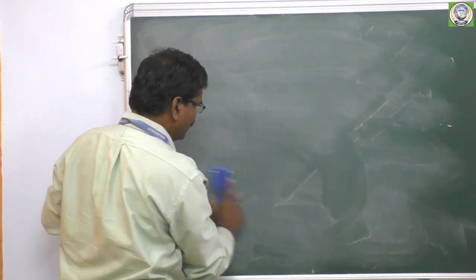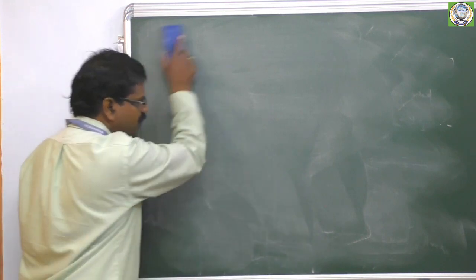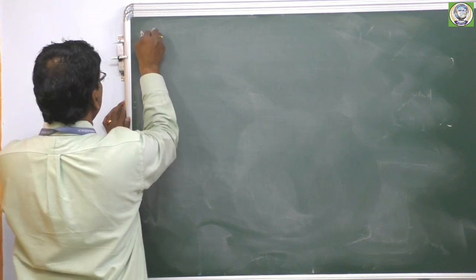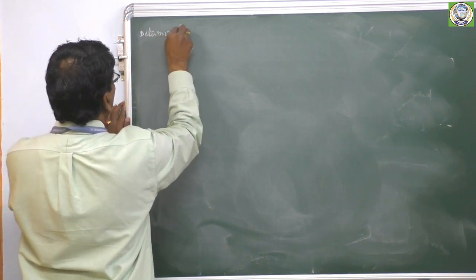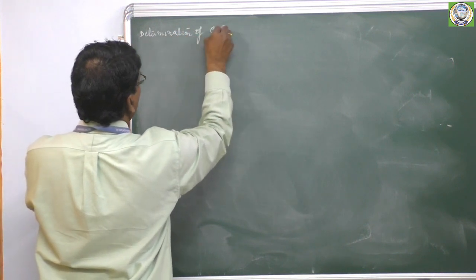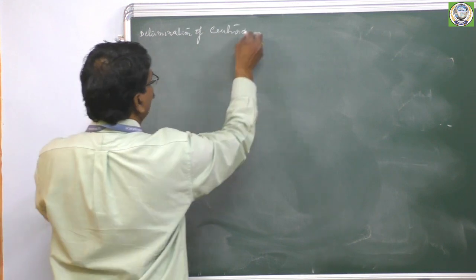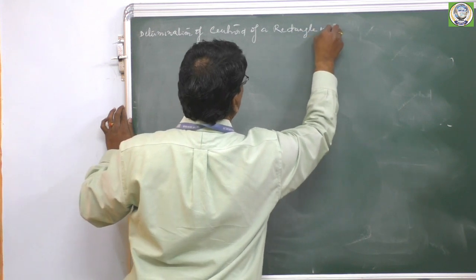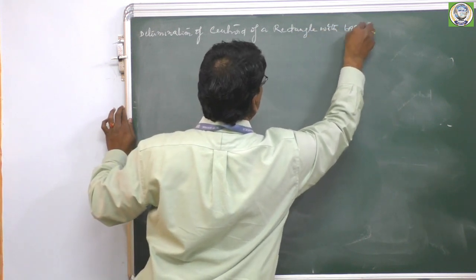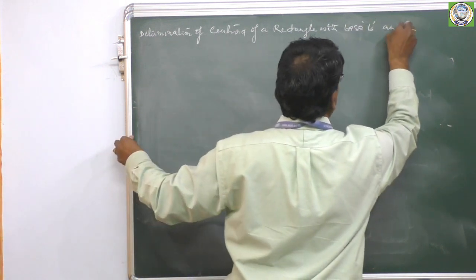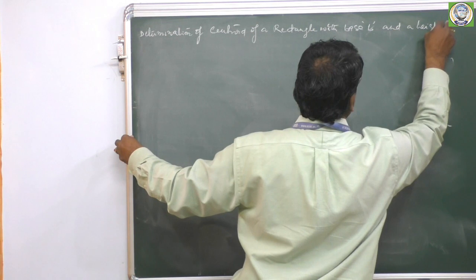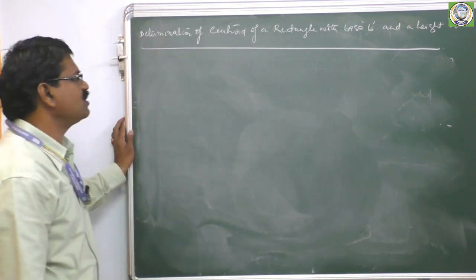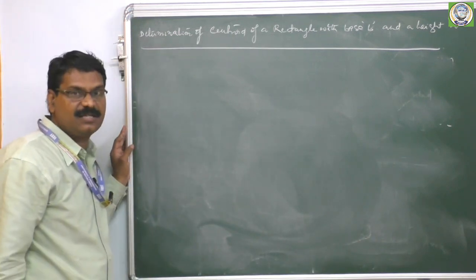Next, we will derive the expressions for the centroid of a rectangle. Determination of the centroid of a rectangle with base b and a height h. To perform this centroid of a rectangle with base b and a height h, we are going to split this